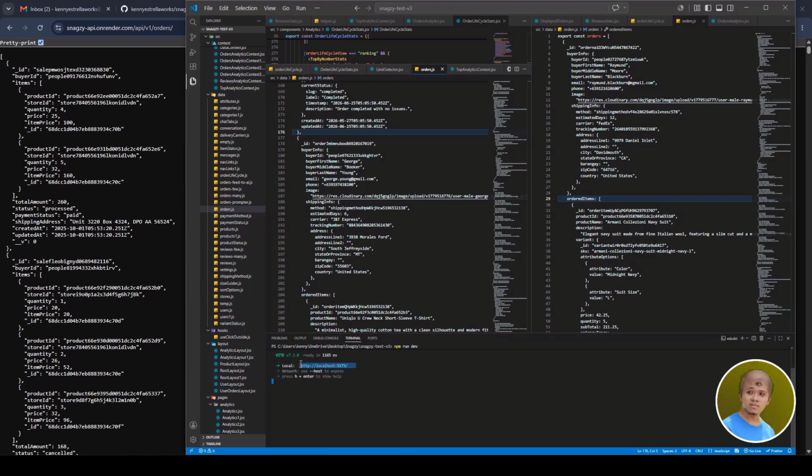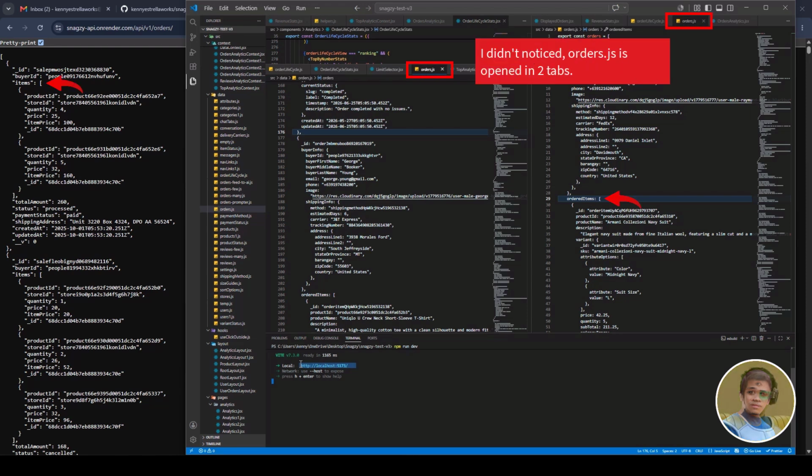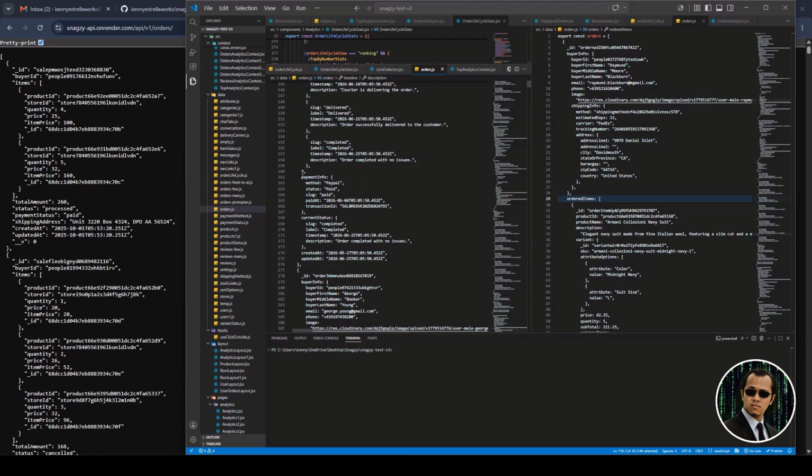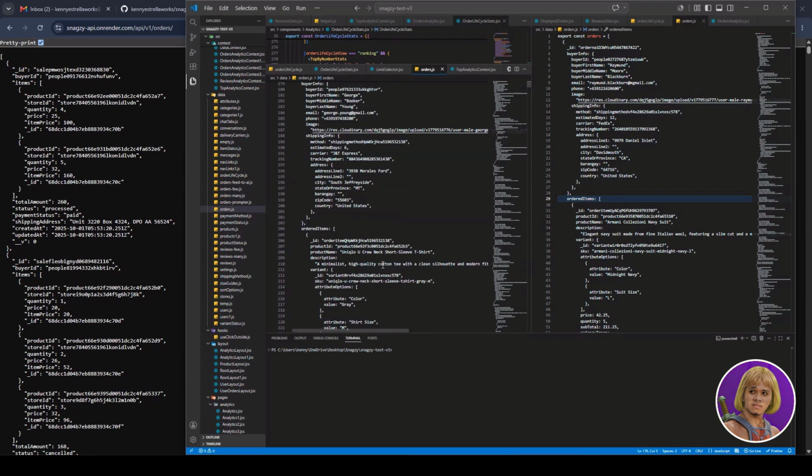In the old API, it was items. Now it's ordered items with some new properties added. Then summary is added. Then a timeline is added, which serves as a way to track the order lifecycle of an order. We also have payment info.